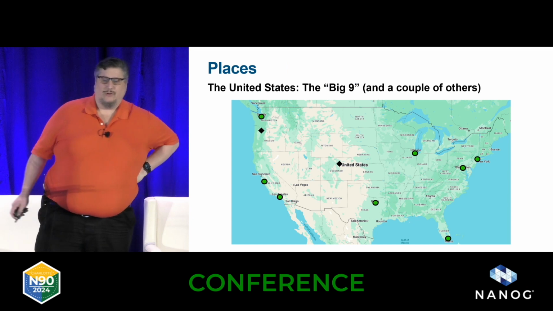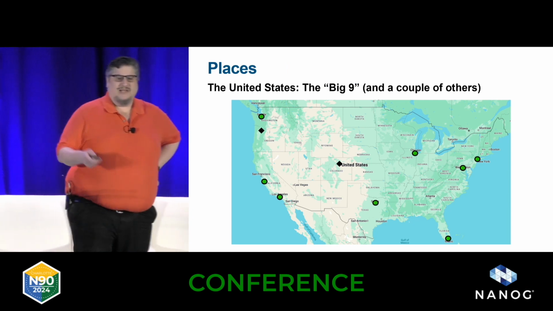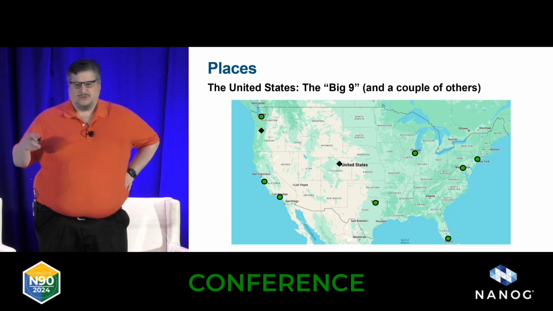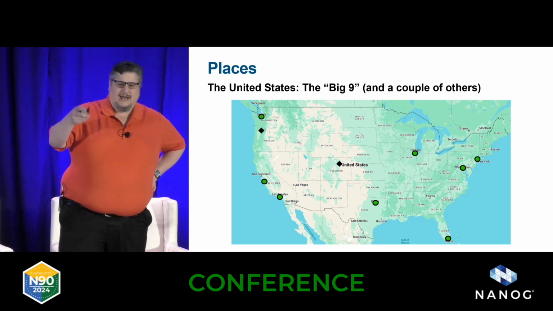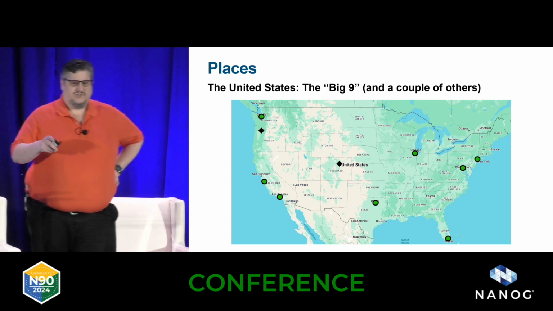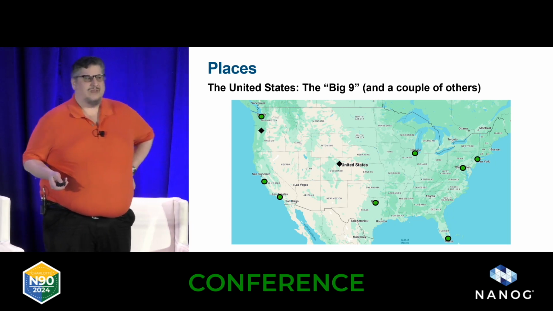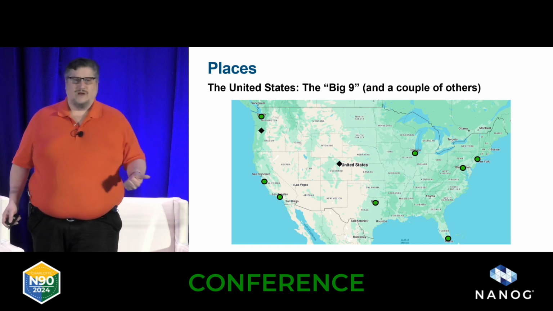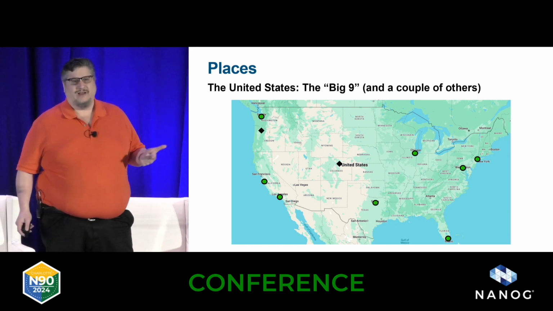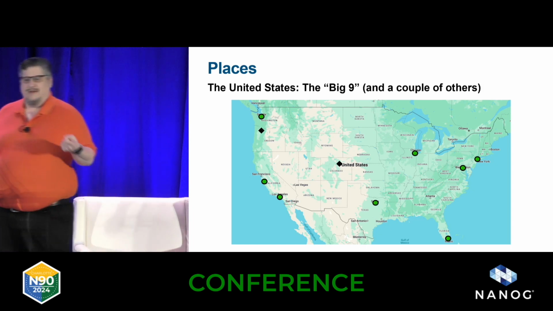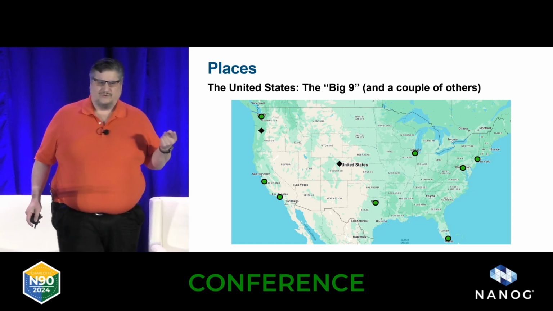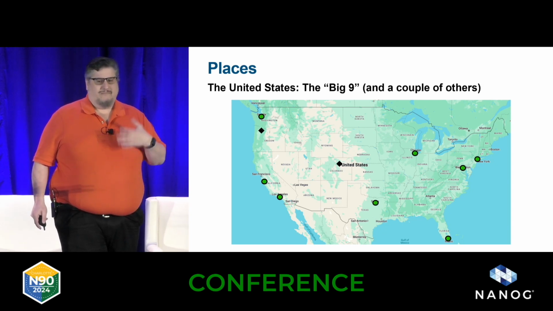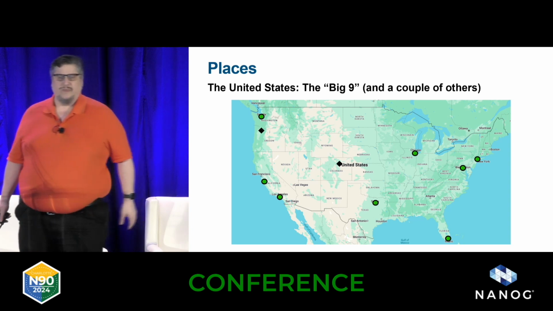And to do that, we have to take a look at the physical lay of the land. Places. In the United States, you have the big 9 peering cities. New York, Ashburn, Miami, Chicago, Dallas, Seattle, San Jose, not San Francisco, and Los Angeles. These are the way they were because historically they were where railways went, in the case of Atlanta, telegraph lines went, in the case of New York. That's why the Western Union Building is the Western Union Building. The seat of government, Washington. Major commerce hubs, et cetera.